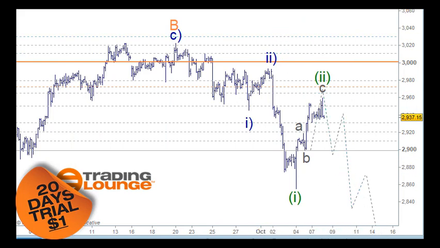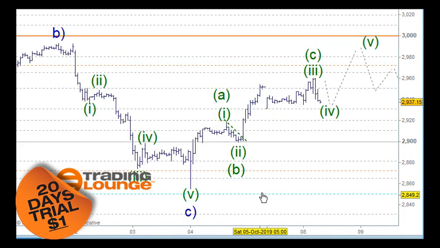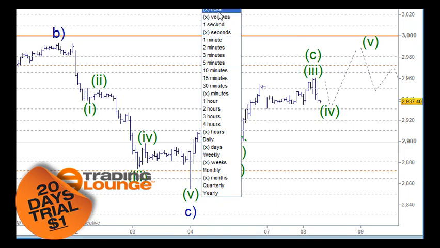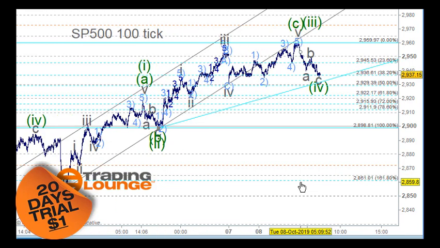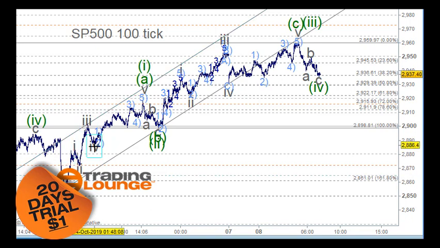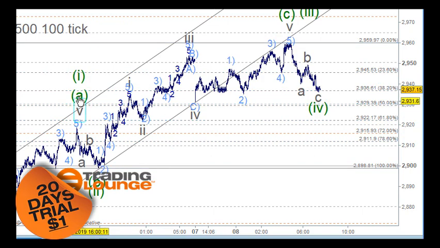So basically all we need to do in a nutshell is just wait and see if we get 5 waves to the upside here. So on the tick chart here, it's all a little bit squashed up here, but we'll expand it and move into it. So yesterday we'd been counting up here as 1 and 2 and 3 and 4 and 5 waves up for wave 5 here of wave